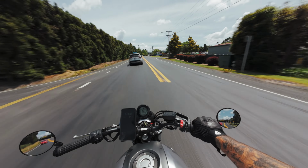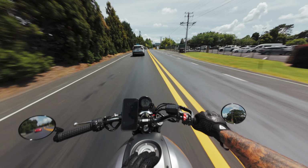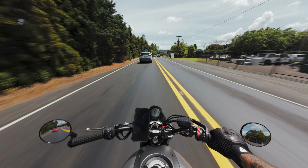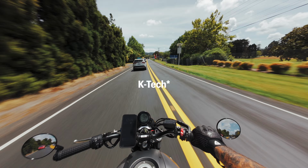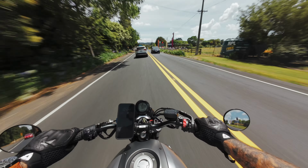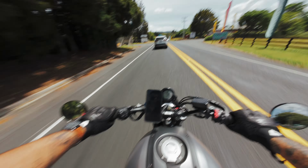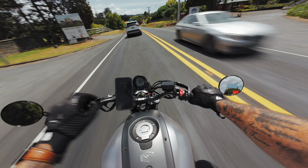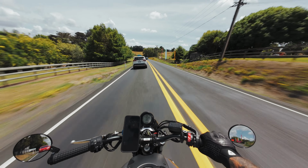It just doesn't handle as well as something with better suspension. I mean, that's pretty obvious. So yeah, you can get some cool kits for these, like is it KSS or K something, I can't remember what the brand is, but there's a shop out there that makes some really nice suspension kits for these. If you just change the front fork internals and put a new rear shock on, you can really transform the handling, and it's much